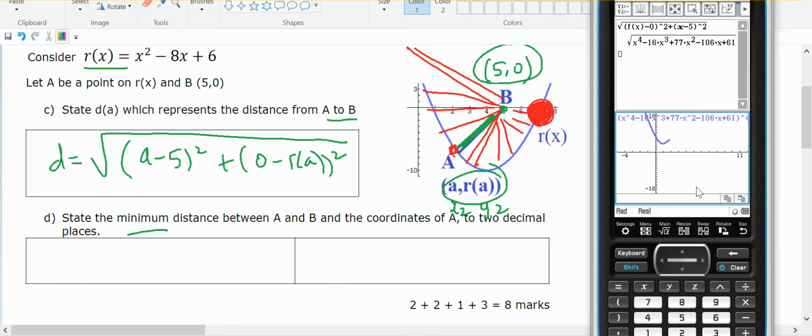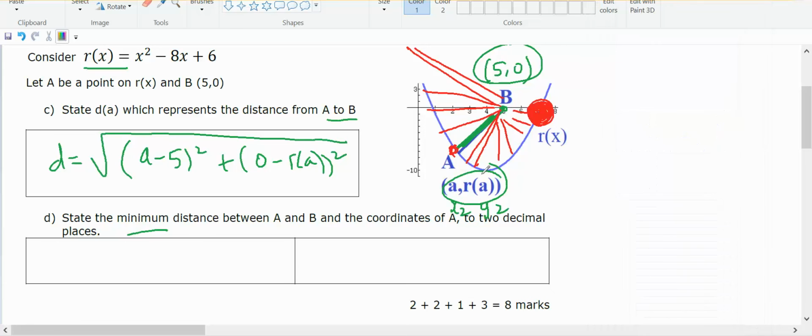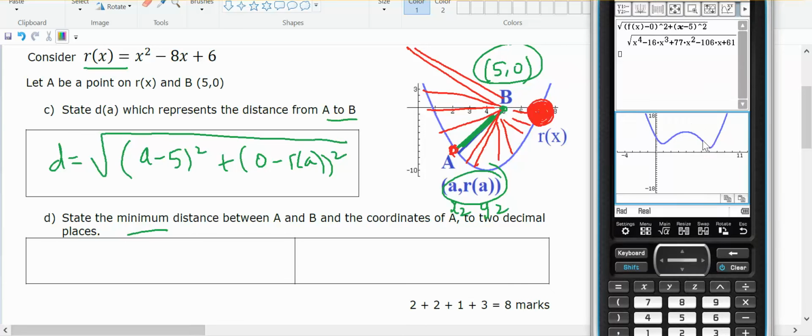I can graph it, and I can see there is where my minimum value is going to be. I'm going to have a local minimum over here, and over here a local maximum, which represents the longest distance, but my minimum is going to be over here. So I could do analysis, G-Solve, and do local minimum, and move across to this one, and there it is. The distance equals 7.11,